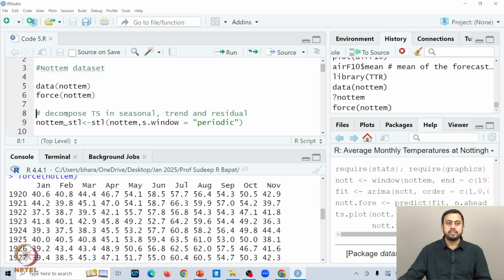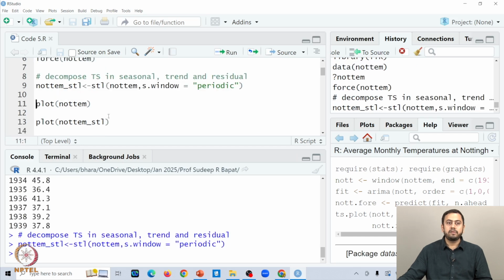It says here: decompose the time series into seasonal, trend and residual factors. So we will see what this command gives you, and we have given it a name, nottem underscore stl.